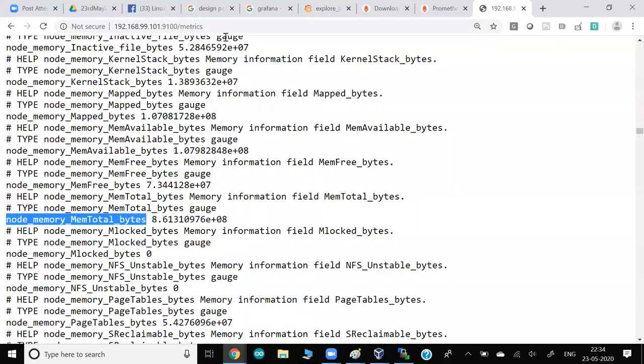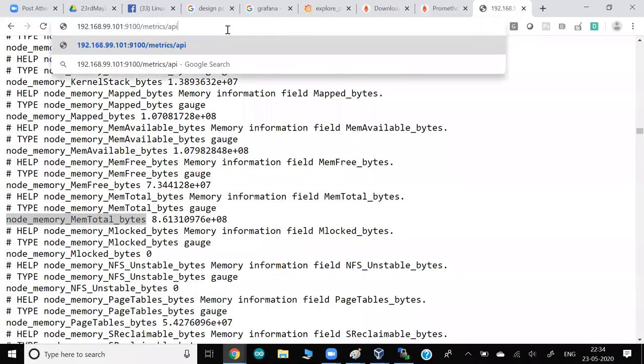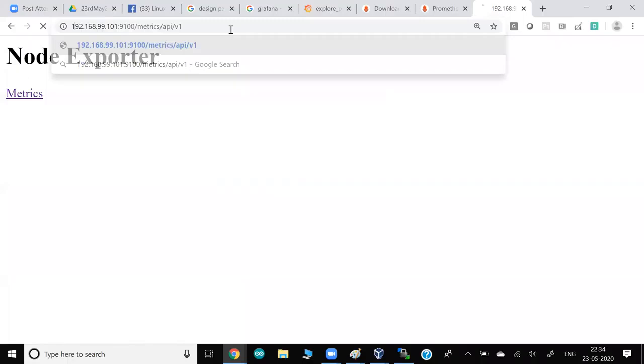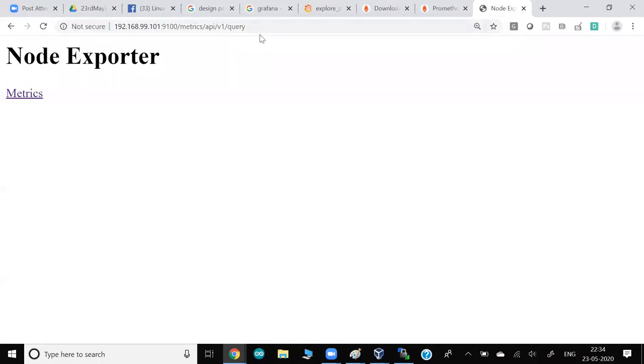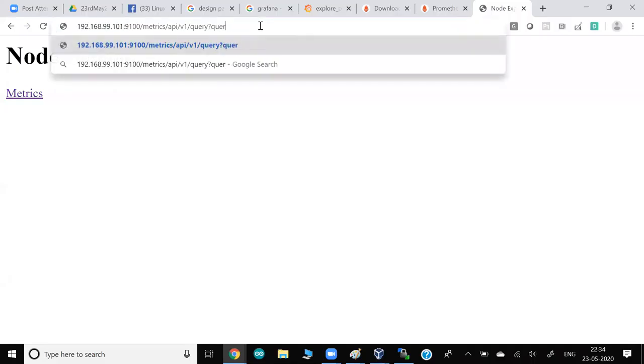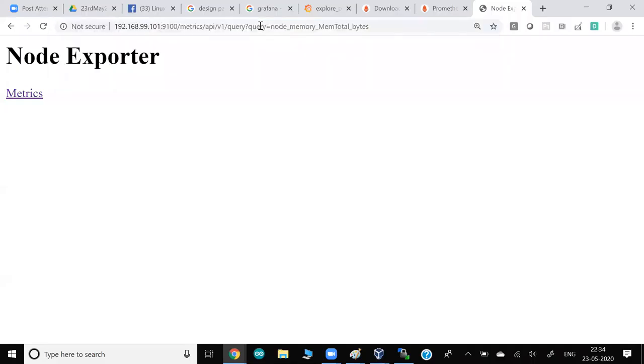Okay, so here guys, there's one more URL here. It's called API. Inside the API, we have v1 as a version, and inside the version we have query as the page name. And inside the query, maybe I might be wrong, there is one keyword called query equals to this value. Okay, so this is the URL we have, but they are not showing you anything here. It should be this one.